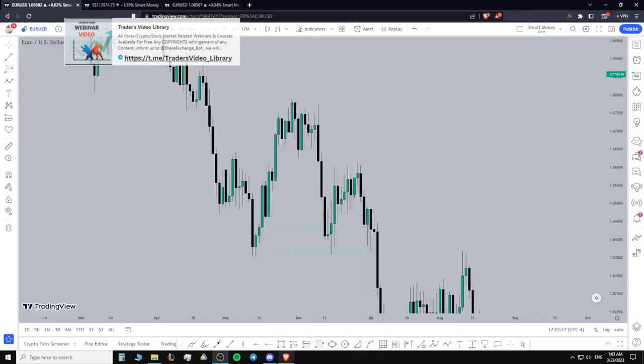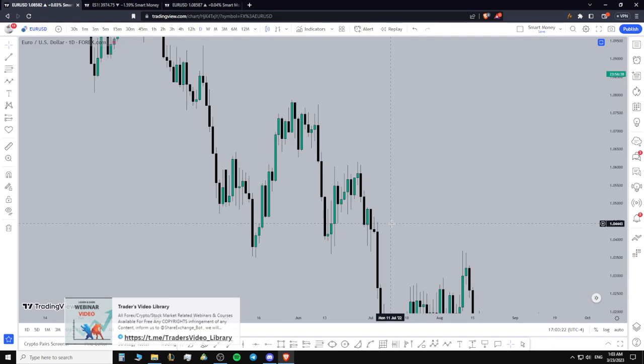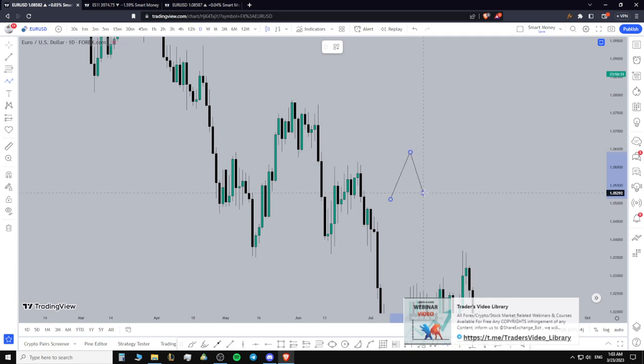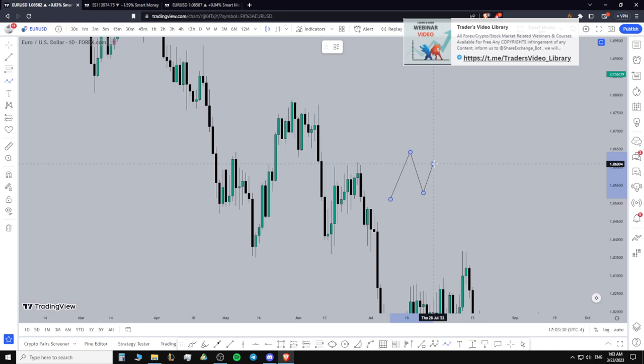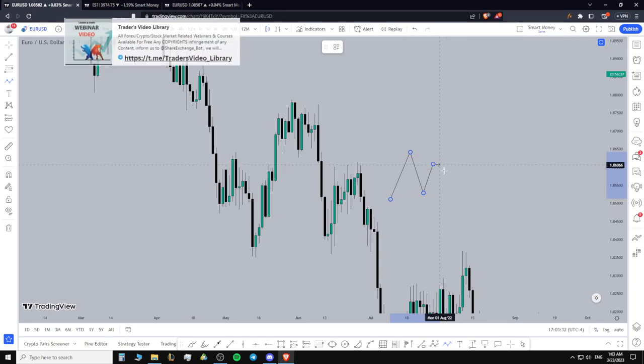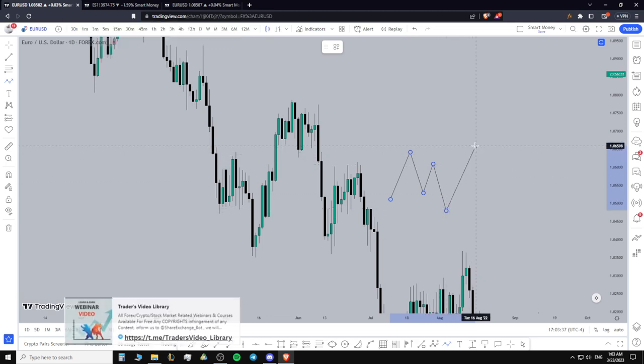Okay, we are back, and today I'm going to teach you guys how to determine draw on liquidity. So let's start. What is a draw on liquidity? Draw on liquidity is the market search for external and internal range liquidity. We are using lower time frame concepts to target this sell side external liquidity or buy side external